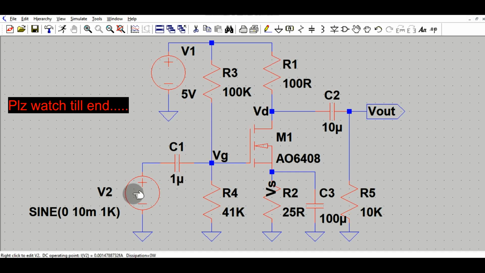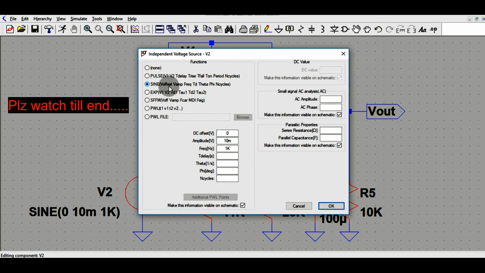So here you can see this is the input voltage. If you right click here on V2, you can see this is a sinusoidal voltage, and the amplitude for this voltage is 10 millivolt and the frequency is 100 kilohertz.